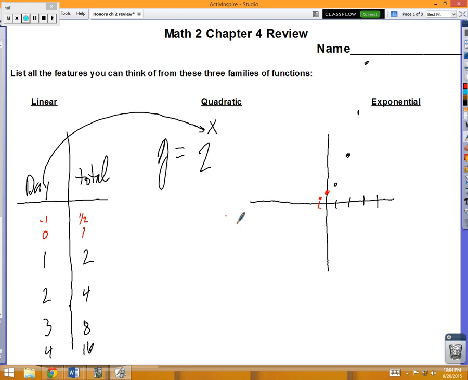And this is kind of a cool phenomenon what's happening. At -2, you cut that dot in half. Half of a half is a fourth. You cut that dot in half. Half of a fourth is an eighth. Then a 16th. So what happens is you go to the left, as you go backwards, you're cutting these dots